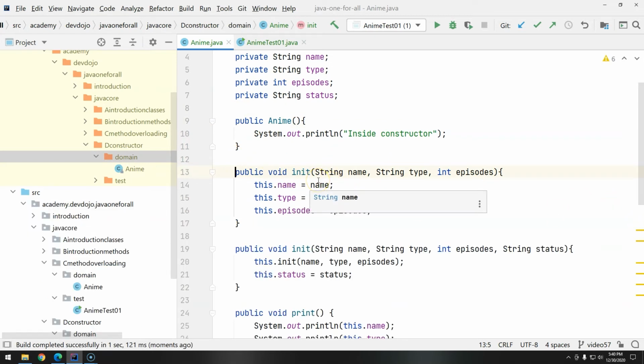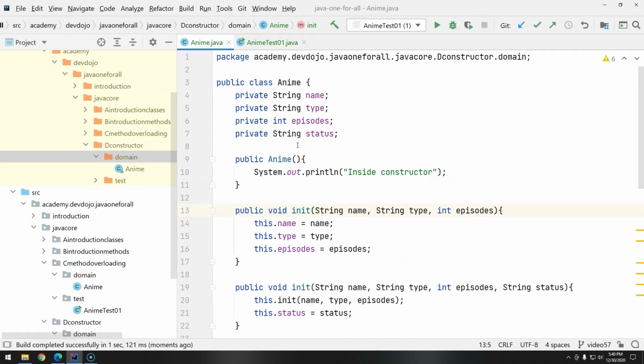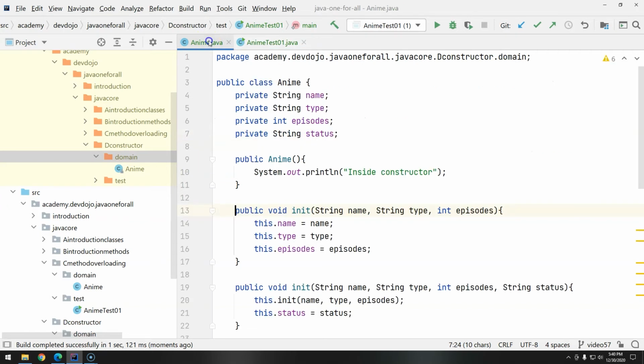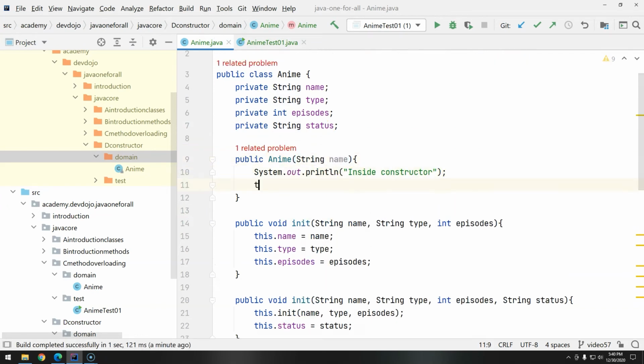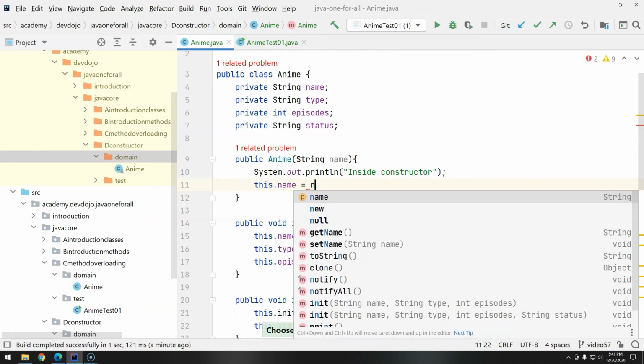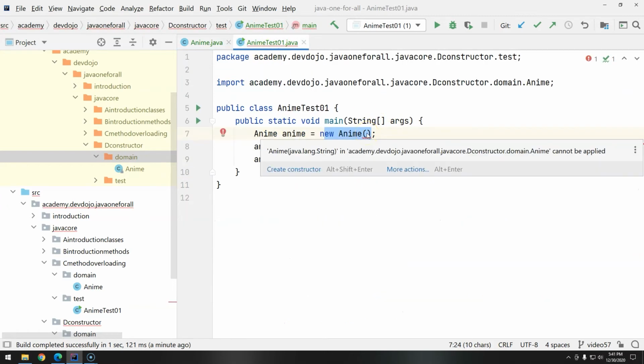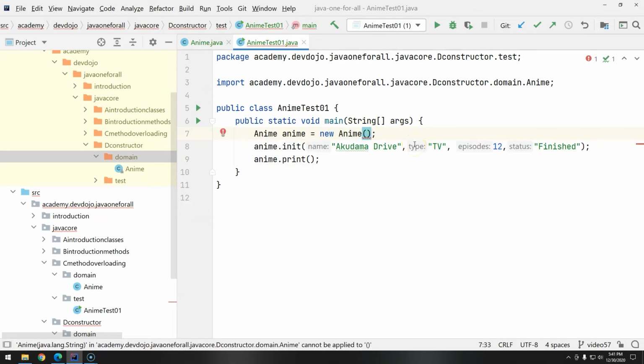If we would like to have a rule, for example, that I don't want anime objects to exist without a name, so we would like to enforce that the name is there, well, there is no way for us today because there is a constructor that allows us to create the object empty. But if we put here a parameter saying I want the name, and now this.name equals the name, I'm saying I cannot create an object that is anime without a name. And I can see here that we have a compilation error because it needs a name. So we just have to pass any name,